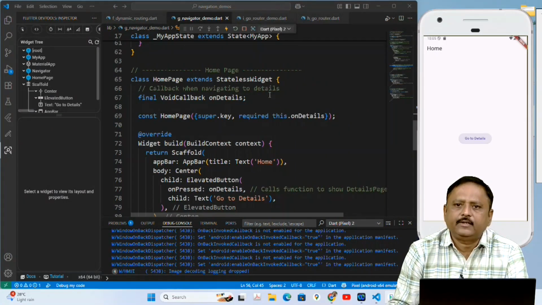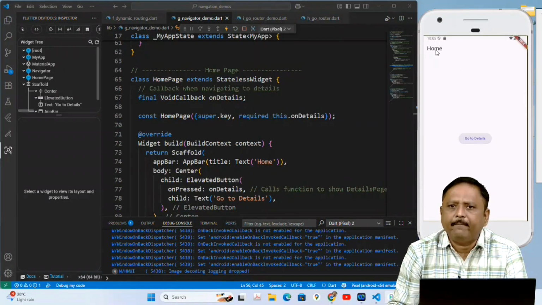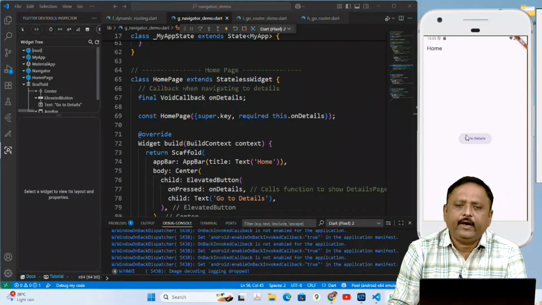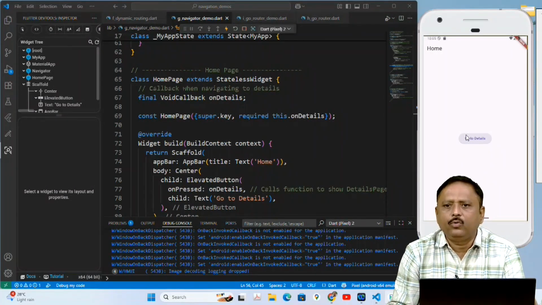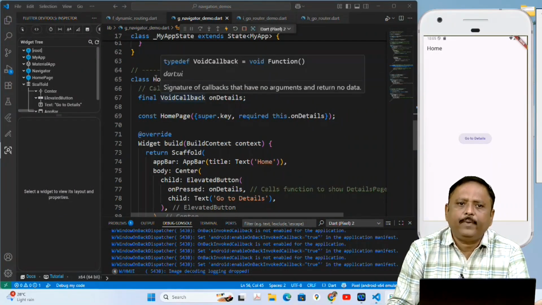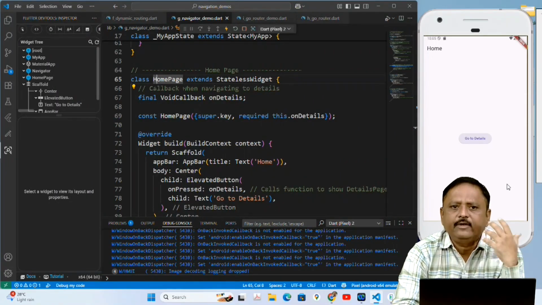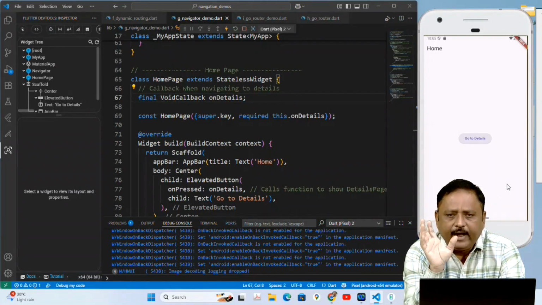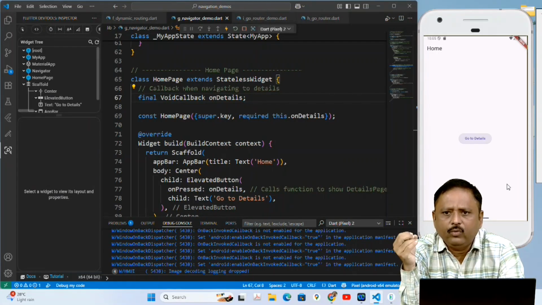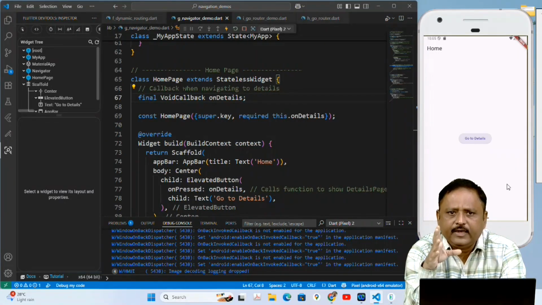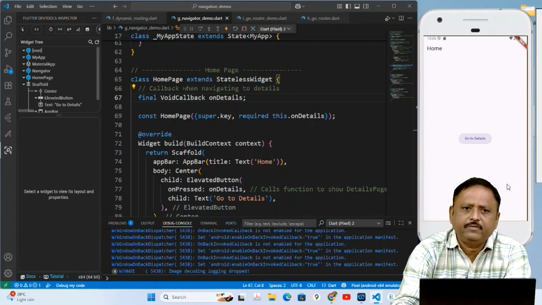Now let us understand this home screen. So inside the home screen, in the app bar I want to display Home and display one ElevatedButton with text Go to Detail. So this HomePage is a stateless widget. So we define class HomePage which extends StatelessWidget. Now this is my callback. So whenever we want to navigate to the detail page, this onDetail is called, that we have just seen.